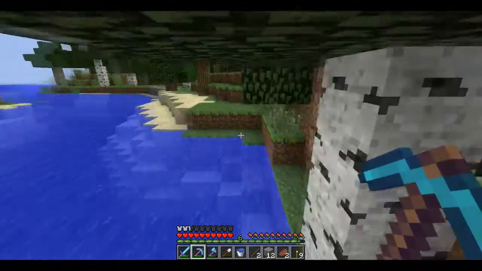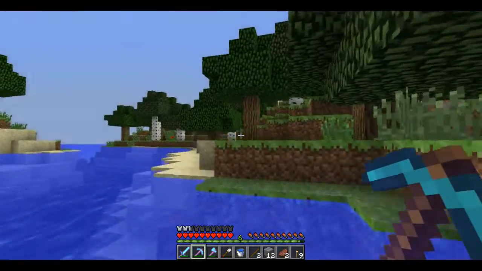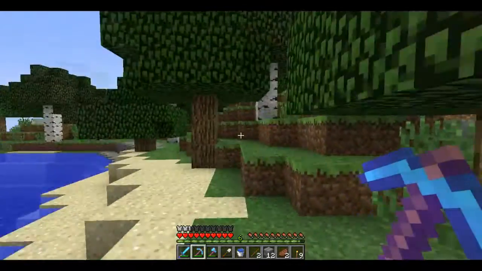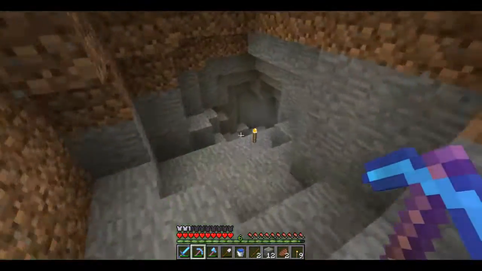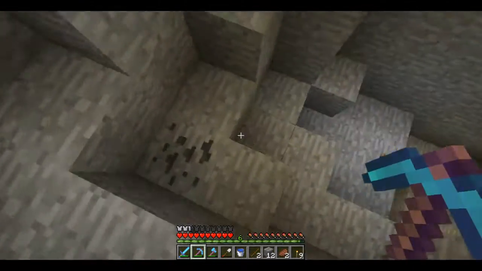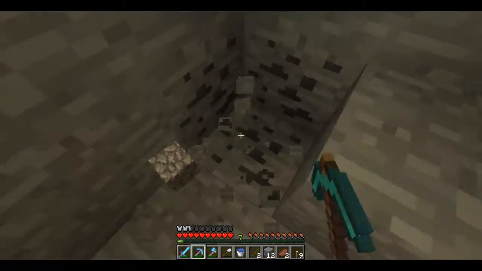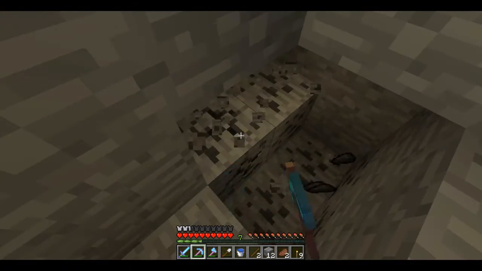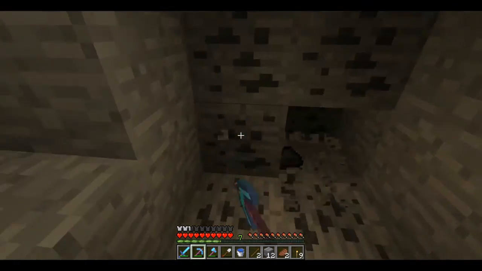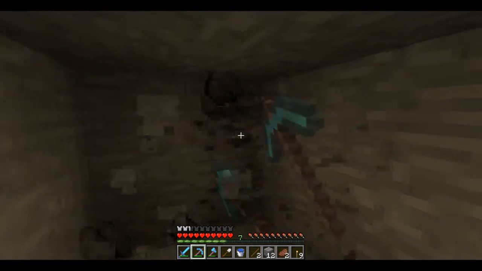Alright guys, so I ran out of coal while working on it, so instead of mining in the mine, for now I'm going to go over to here, which is a cave system I found that I know has coal in it, and things are going fairly well. I'm not quite sure on the design I want yet,